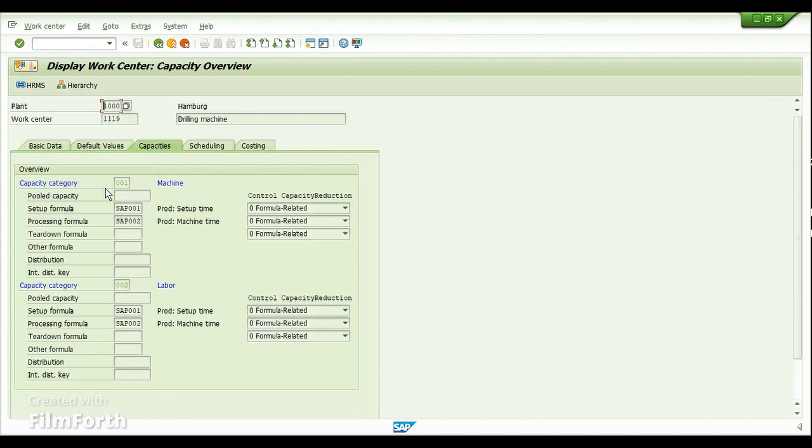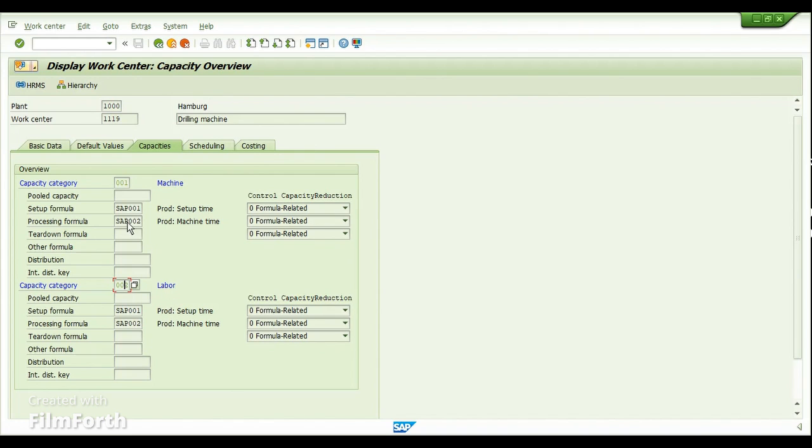Here I have two capacity categories: one is the machine and the second one is the labor. So this work center operates with two capacity categories, a machine and a labor. It means that a person should always be available along with the machine in order to carry out its